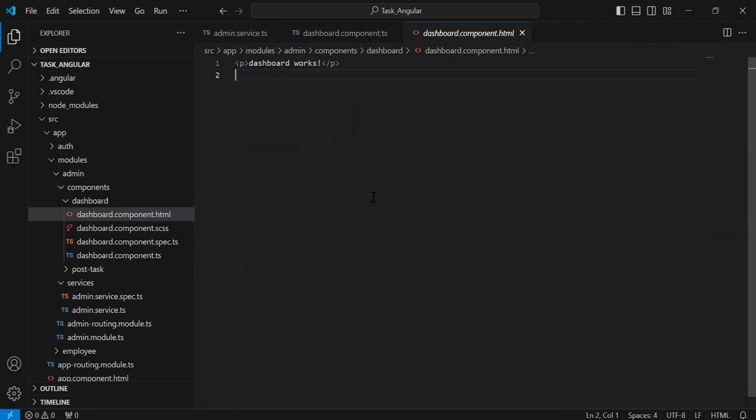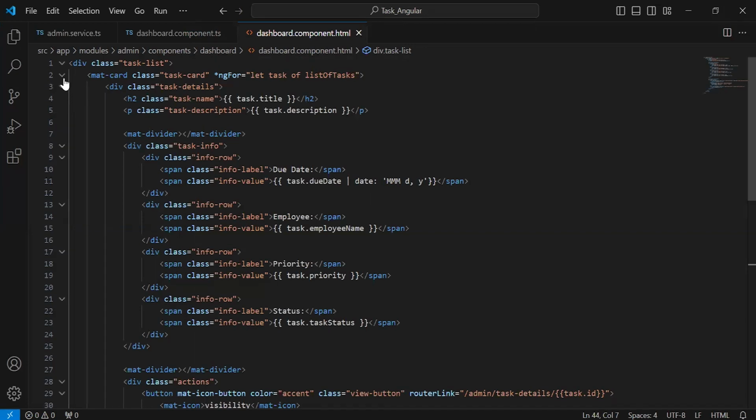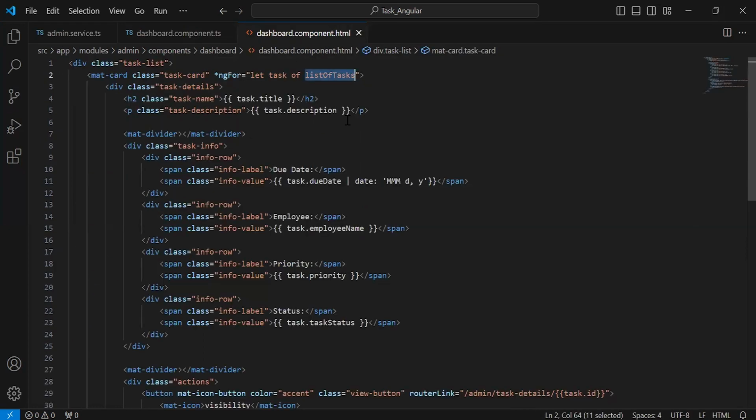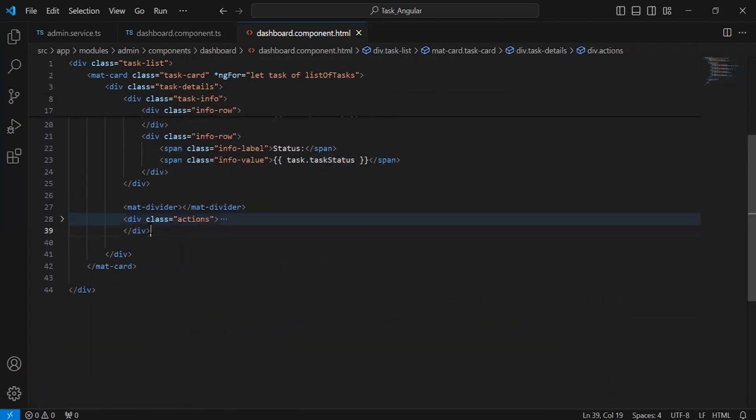all the tasks. You can see here the HTML code where we have a mat-card tag. On this we have a for loop where we are calling a variable from the dashboard component.ts, that is list of tasks. You can see here the variable name. We are getting the tasks one by one from the list of tasks and we have to print the task details like task title, description, due date, employee name, priority, task status, and I'm going to comment this div for